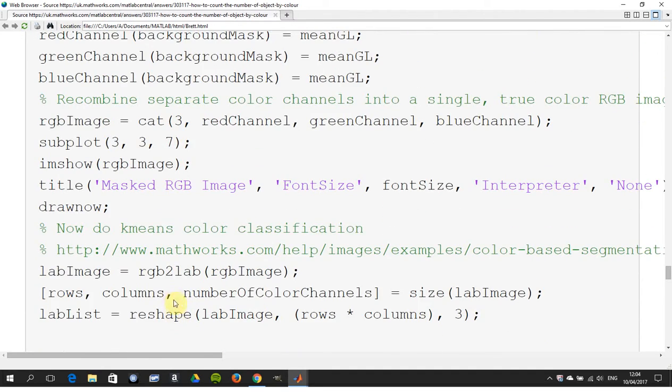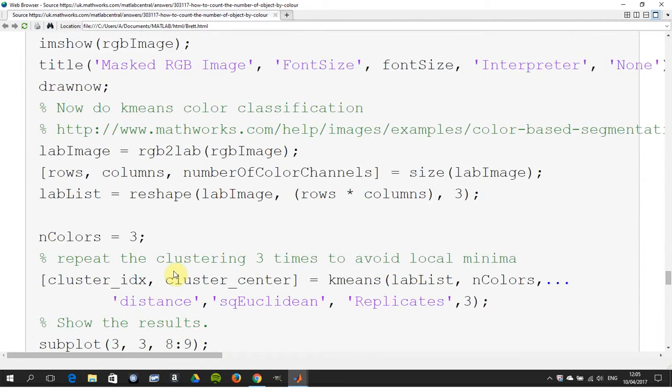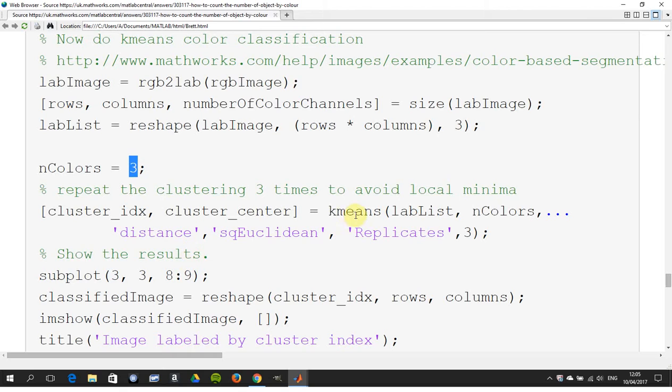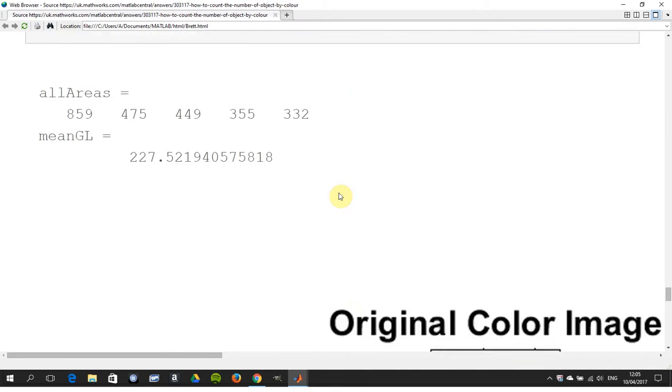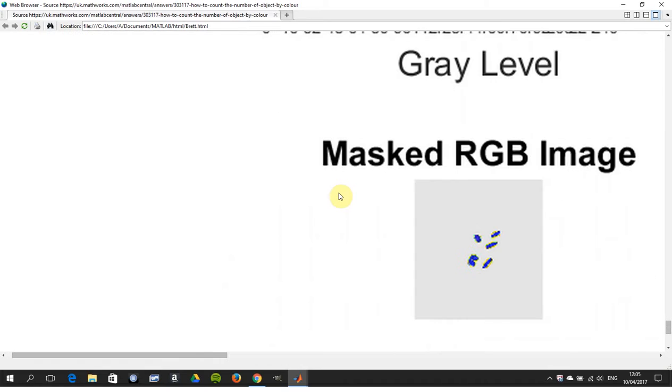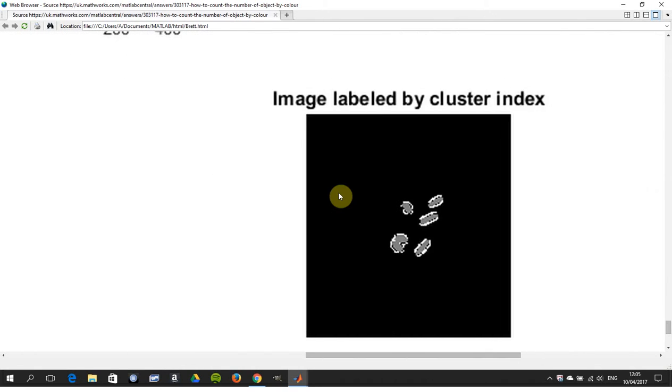Now we did the k-means classification. So there we are. So the number of colors is 3 now. Okay, and we run the k-means unsupervised classification there, and then we put our results into 8 and 9, and then we show the classification. So if we just go down here, there's 8,